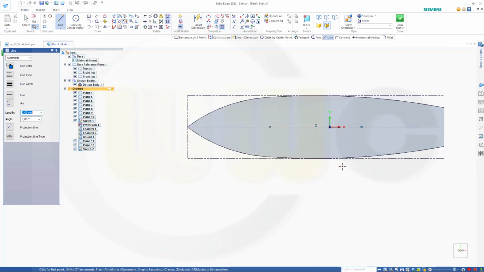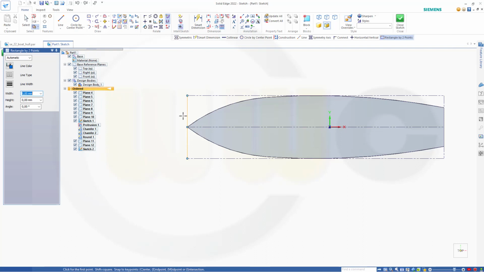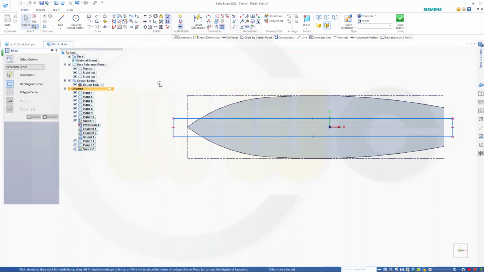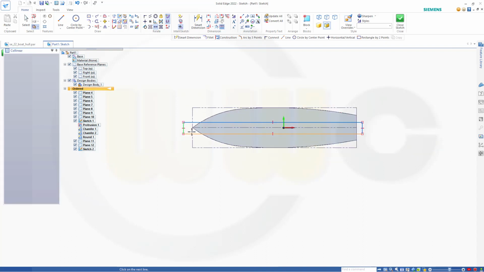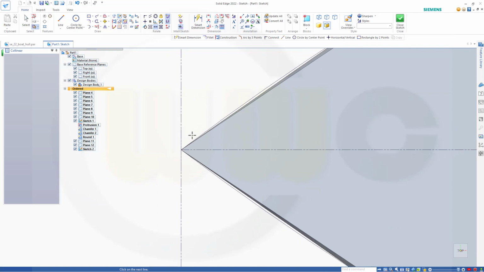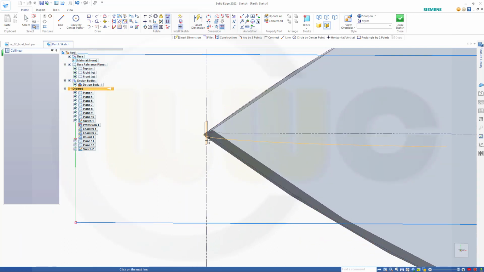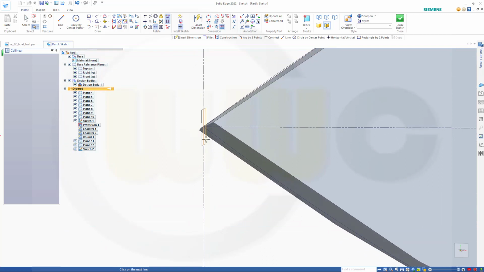Again I need a rectangle, so go for a rectangle by 2 points, maybe like that, and then a line again with collinearity. Where is it? There you go. This line, and of course that plane here. Let's turn it a little bit so we can see the plane. Let's go there. Select the plane,